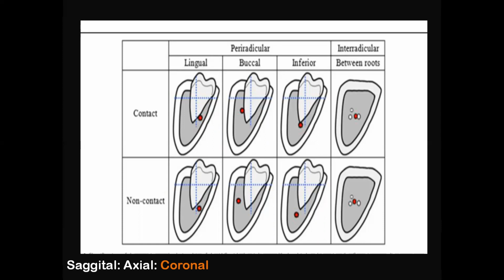Now, you can never determine whether it is on the buccal side or the lingual side. You can also never determine whether it is inferior or superior. Again, you will never be able to determine whether it is interradicular or not. There are a few things told in the literature and taught to us that help us determine what the relation could be, but it is not always true.